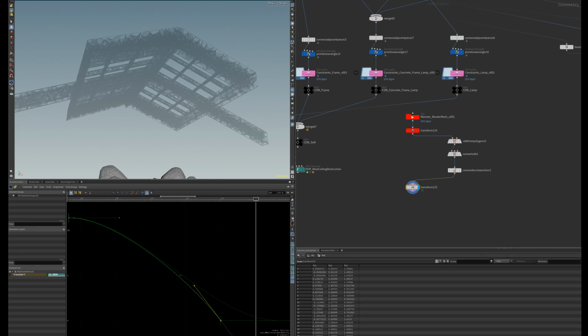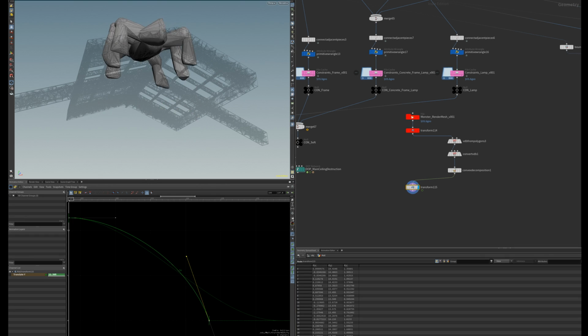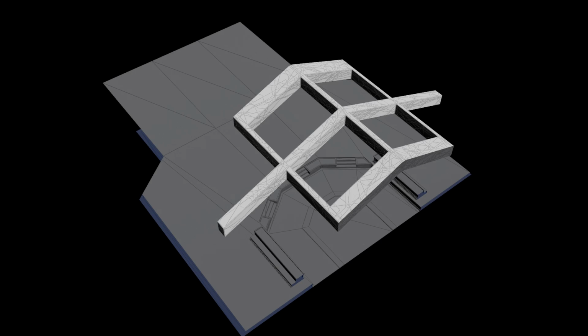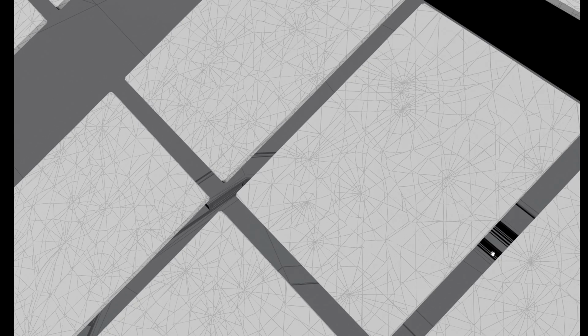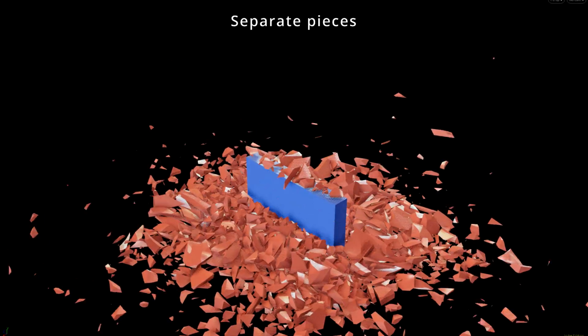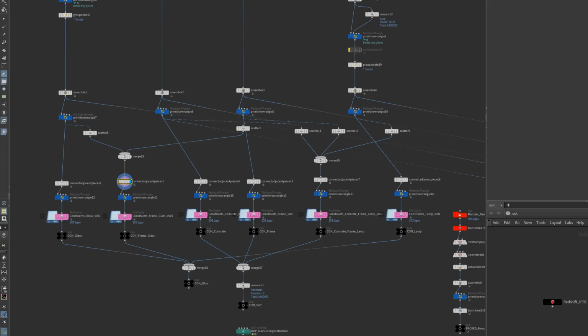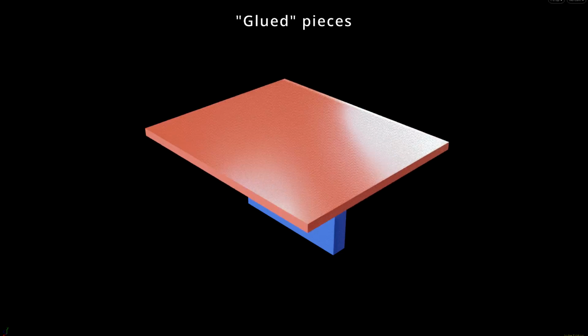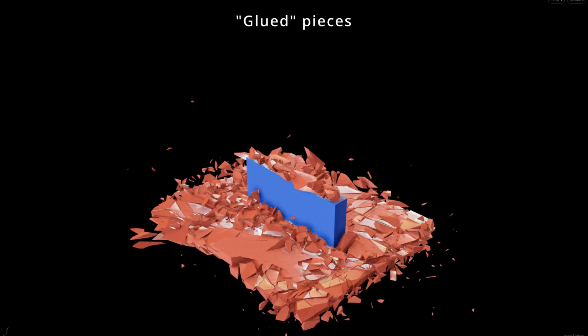We use a simplified shape instead of the actual monster in order to speed up the physics simulation. Destruction usually requires fragmenting the geometry ahead of time into lots and lots of small pieces. If you simulate the fragments directly, the result is undesirable because they come apart immediately. To avoid this unnatural behavior, we create links between the pieces. These invisible links, also called constraints, keep the fragments bonded together.